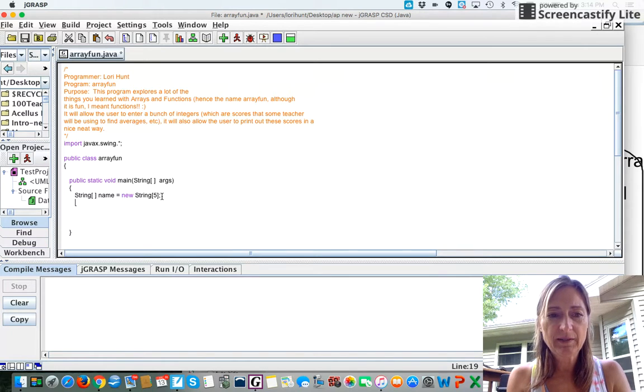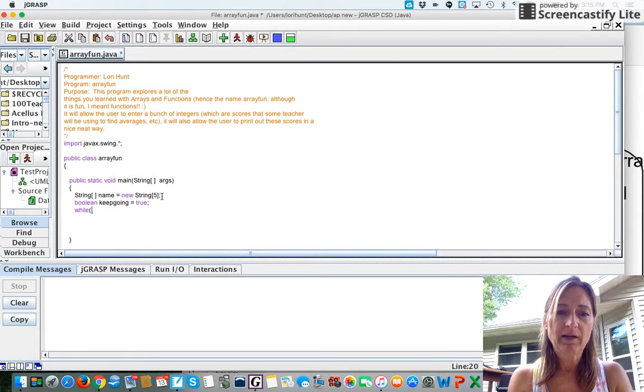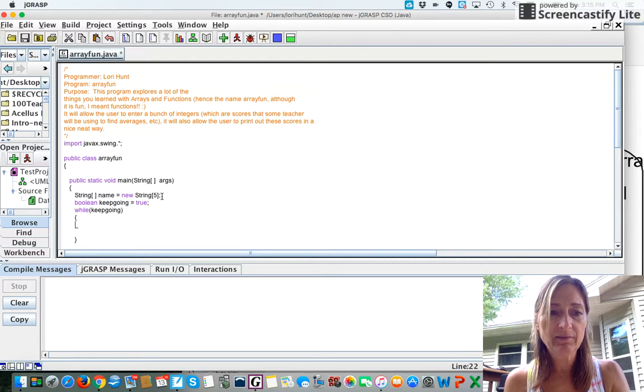And if I wanted to set up a while loop, I could maybe have a boolean variable, which I'm going to do because this is a review, and I'll call that keepGoing. And I'll set that equal to true, assuming that the user wants to keep entering names to begin with. And I'll just say while, you can either say keepGoing double equals true, or that's a tad bit redundant. You can just say while keepGoing because that value is either true or false. So while keepGoing, and then you can say